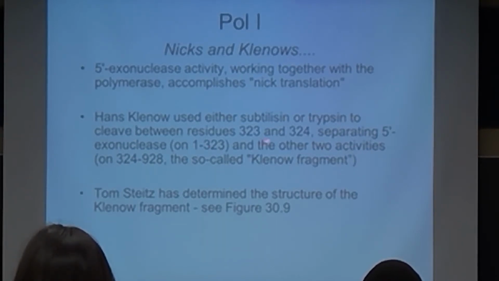Hans Klenow used the enzyme called trypsin, which proteolyzes the enzyme, and it cleaves between amino acids 323 and 324, separating 1 to 323 and 324 to 928. So you have a big protein, Pol1, correct? It is 928 amino acids,